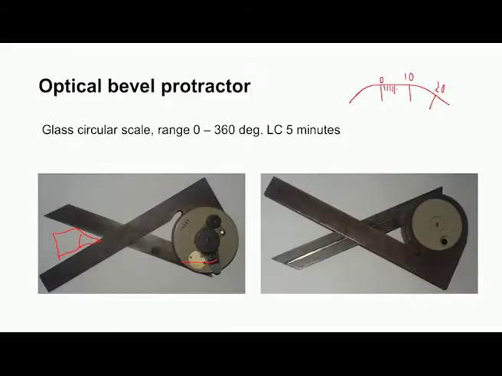So, this is 5 degrees, again 6, 7, 8, 9, 10 like this, and then there will be a vernier. So, there will be a vernier with 5 minutes least count. So, with reference to this 0 on the vernier, we should take the main scale reading as well as the vernier reading, and then we can note down the inclination, the angle. So, this is the back side view of the bevel protractor.